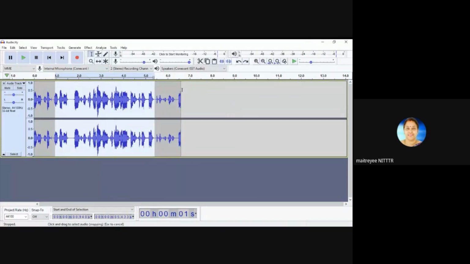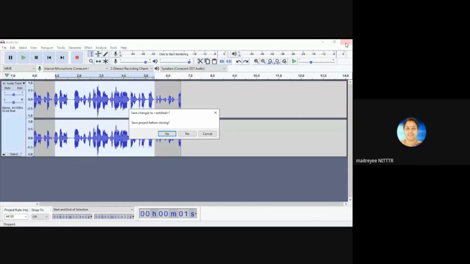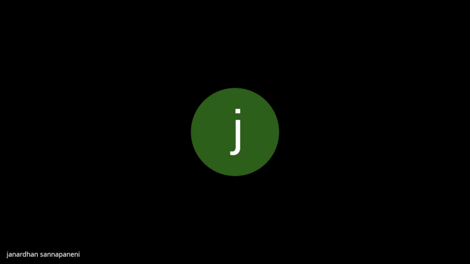So just like this, you can create your own voice, modify the voice, and finally save the file, and use this audio file in your e-content, right?